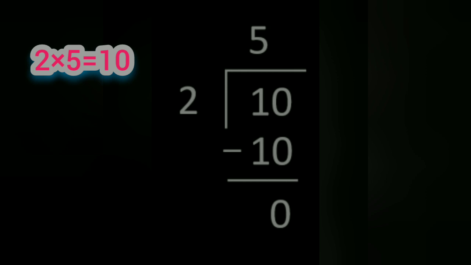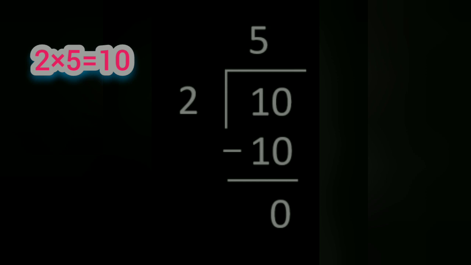Now the first step what you have to do is, because 2 is the divisor, you have to write 2 table. I'll show you, okay? So 2, you have to write the table of 2. Then you have to find out what is the answer. That is 2 5s are 10. So directly you have to write 5 on the up of that number, and 10 you have to write below the 10 whatever you have written. Then 10 minus 10 you will get 0, children. That is the method called as long division.